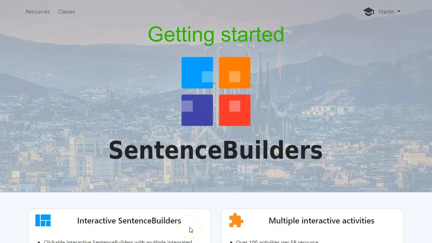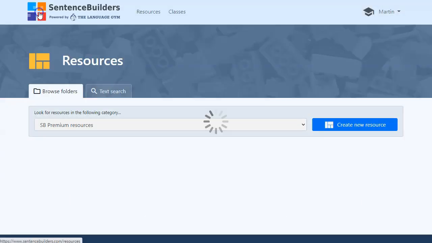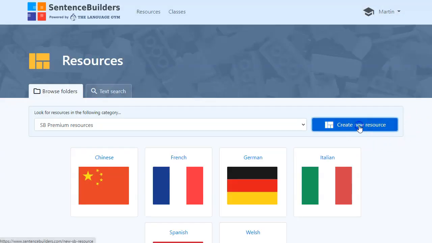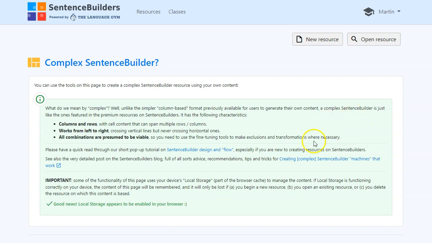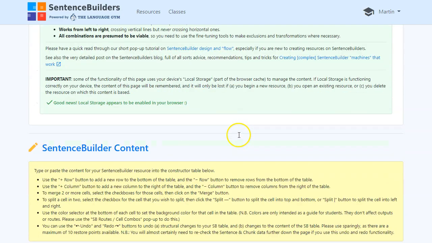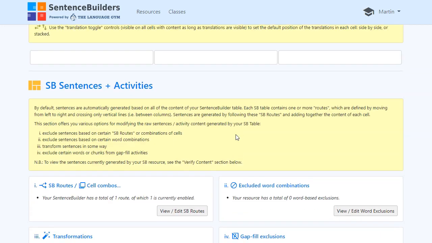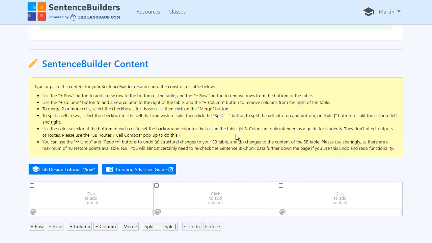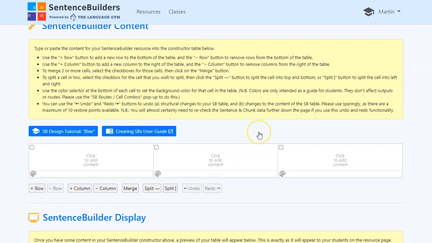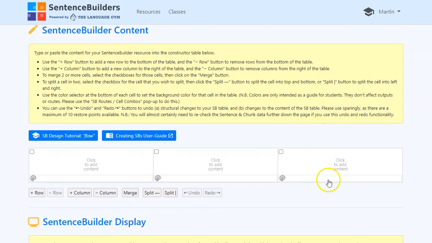Let's have a go at creating a Sentence Builders resource. So we're logged in and we need to go to Resources and Create New Resource. And this is the authoring page for creating your own Sentence Builder resources. Okay, so your Sentence Builder content goes here. And this bit here at the top, Sentence Builder content, is where you design the structure for your Sentence Builder,